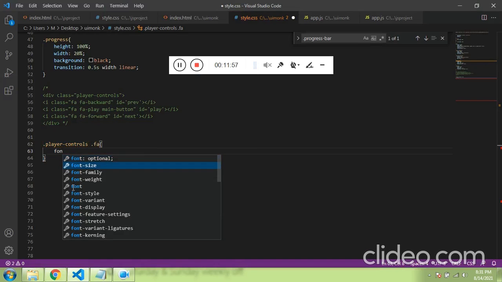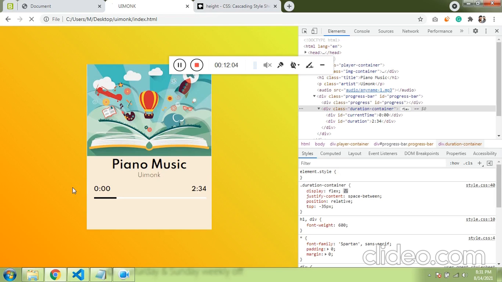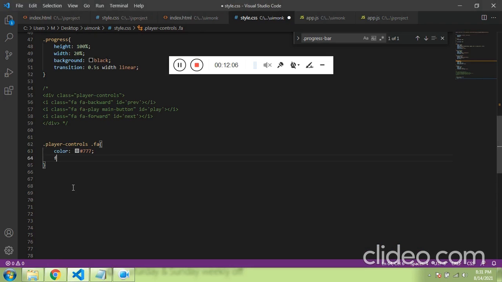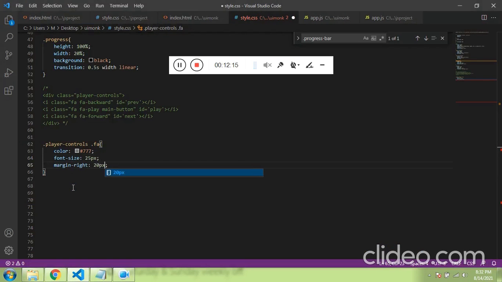Let's have the color of hash 777. Refresh this, and font size of 25 pixel, and margin right of 20 pixel, whichever is kind for you, you can give that. So let's have the width and height be 50 pixel, so it's inside the square.